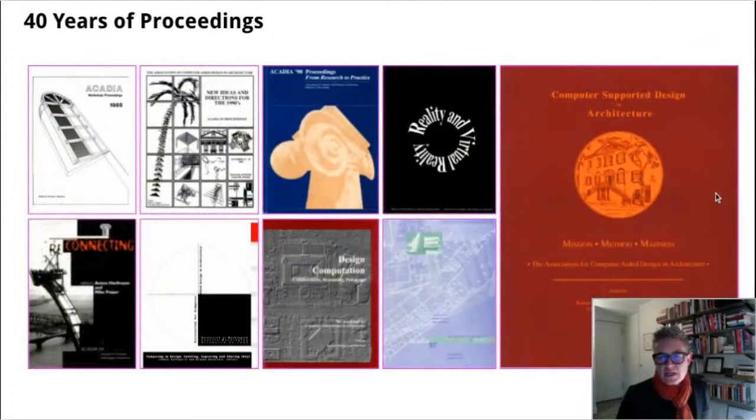During the early 90s, a shift was made towards understanding the relationships between research and practice through the lens of design and representation, visualization techniques, reality and virtual reality, intelligent models, architectural graphics, and alternative models of reality. In the preface of the 1991 proceedings, co-editors and chairs Glenn Goldman and Michael Stefanzewski write, quote, "During the past